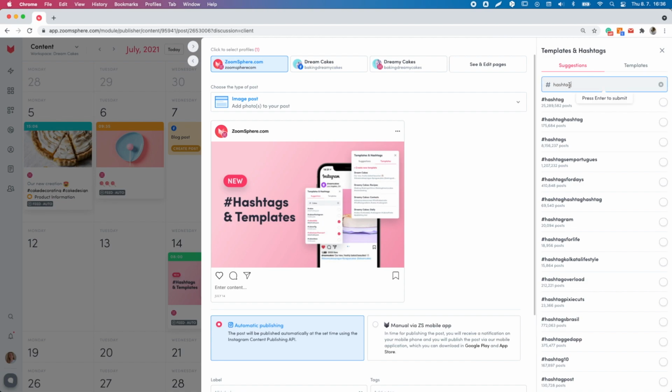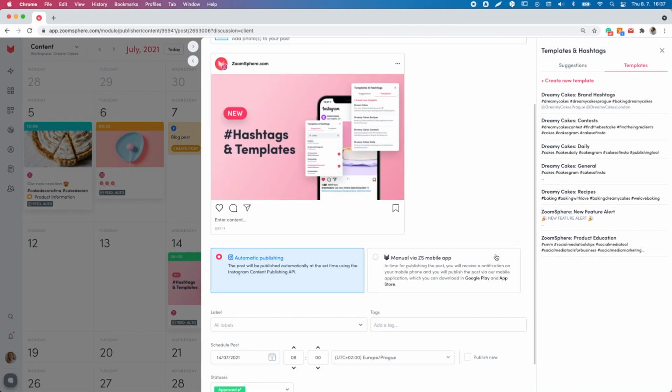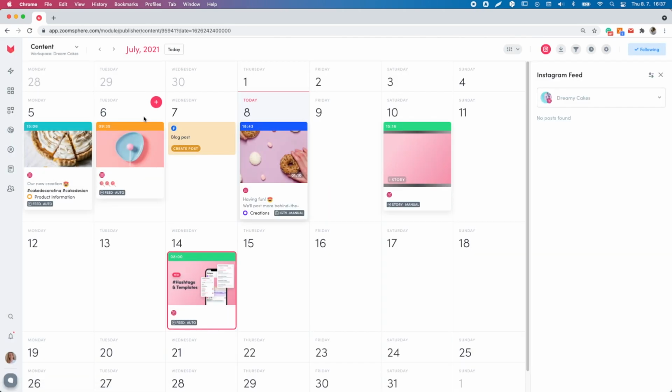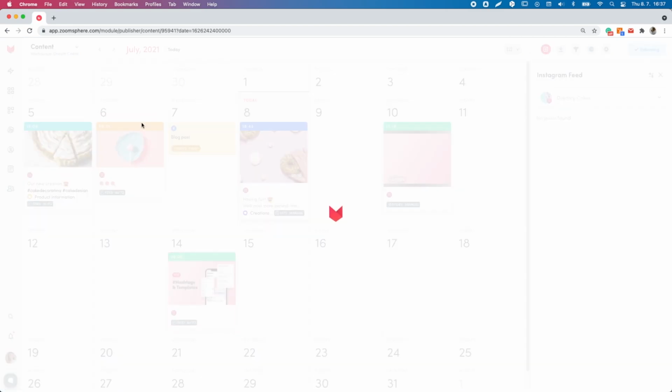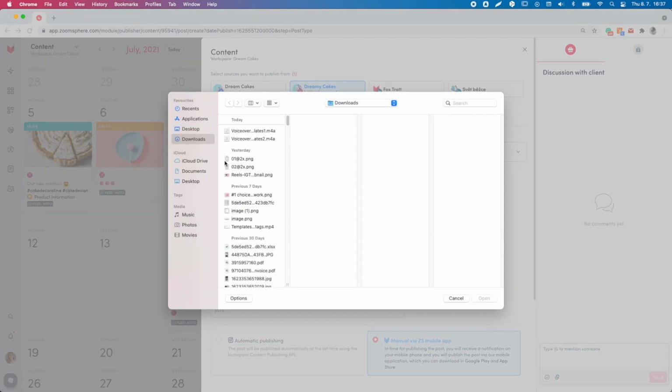You select the ones you like and save them to a template, together with anything else you need for your smooth workflow, like post texts, post structures, mentions, and so on. Templates containing saved hashtags and text help you save time because you can quickly add them to your post when scheduling. So let's begin! Once you start creating a post in the Scheduler app, click inside the text field and